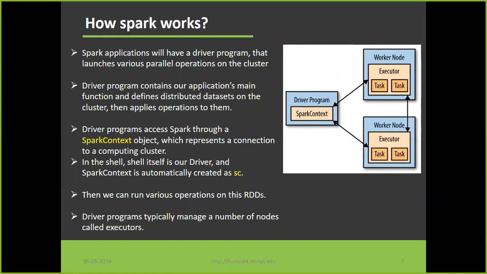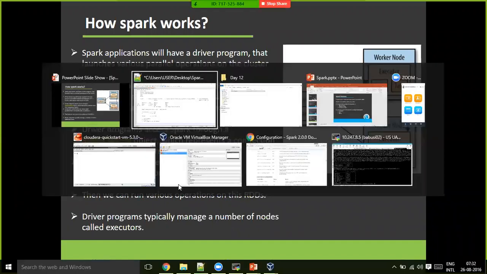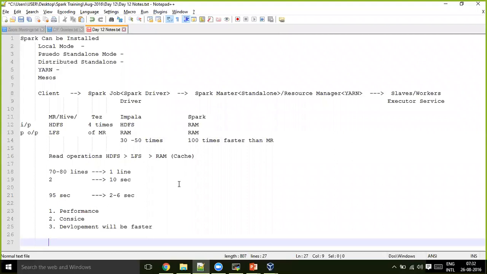I always compare this Spark framework with Mapreduce, starting from the first session onwards, because we are replacing Mapreduce, and that is also a programming and processing framework, and this is also a programming based processing framework, right?